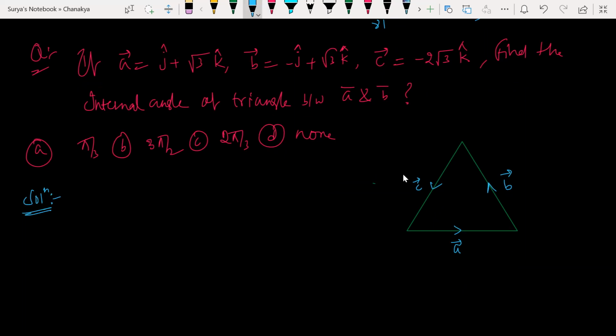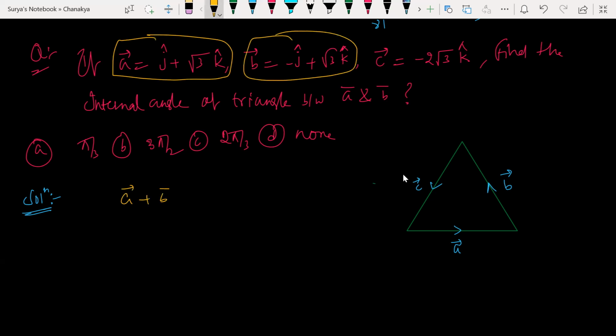Look at this. Tell me now. Guys, if I just add vector A and vector B, what are you getting? People tell me, observe this properly here. Vector A is given here. Vector B is given like this. If I add vector A plus vector B, it gives you what? Tell me, come on. Negative of C or not? Add this. You can check it out.